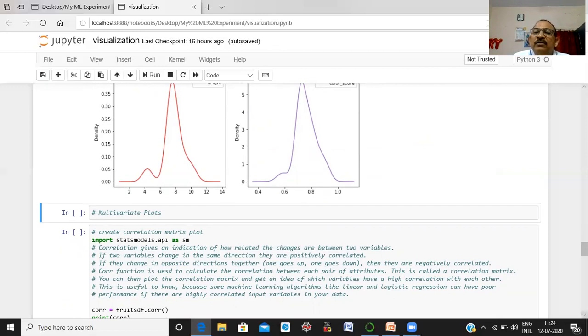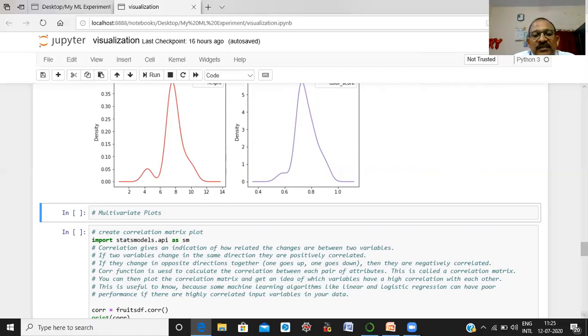The correlations, we already know, correlation gives an indication of how related the changes are between two variables, how two variables are correlated. What will happen if the value of one variable increases or the value of one variable decreases? So correlation between two variables.